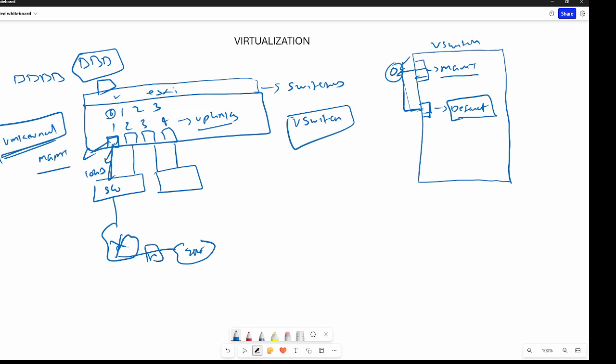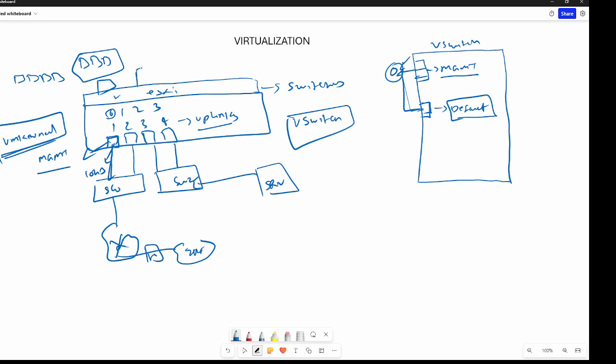The routing can be happening anytime. That's a different matter. We are not worried about the routing. We are just worried about how things are mapped inside. So there is a default port group. Now your requirement is that port number 3 is connected to switch number 2, and that is connected to another server which is located on switch 2.